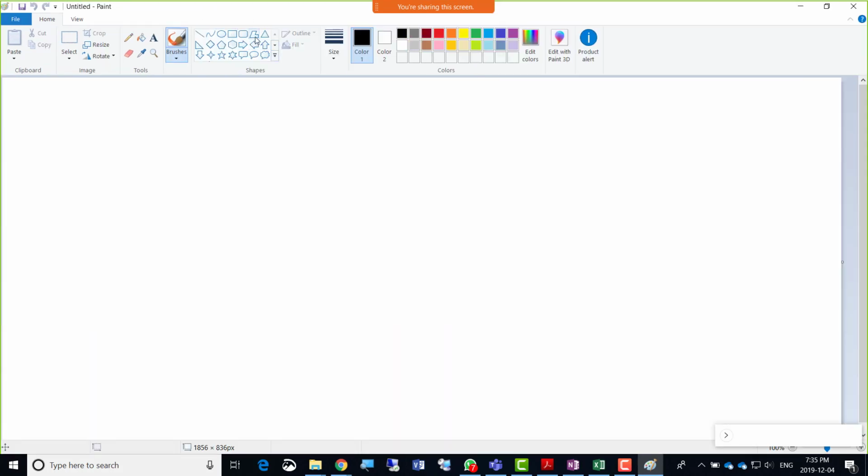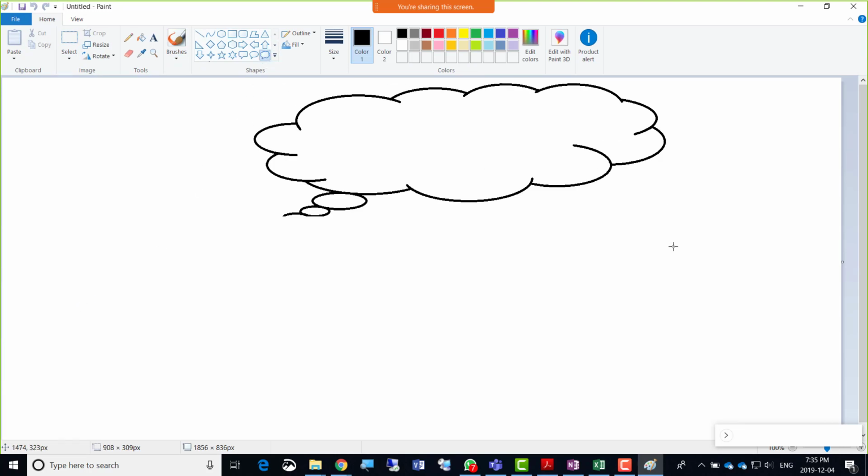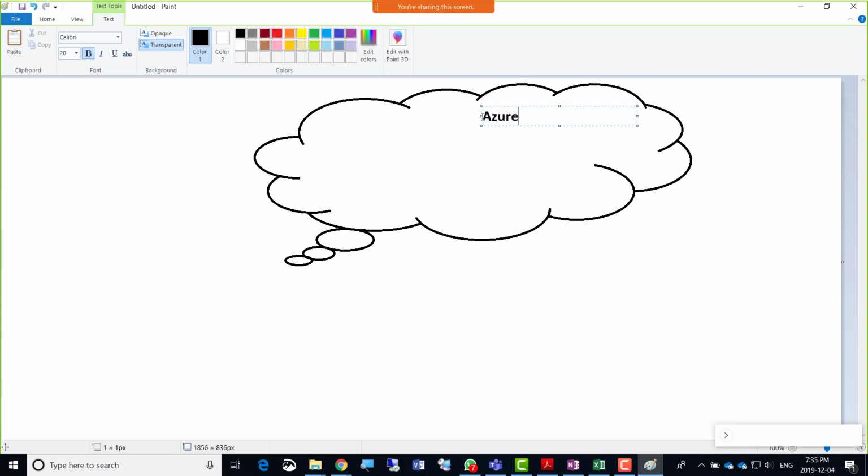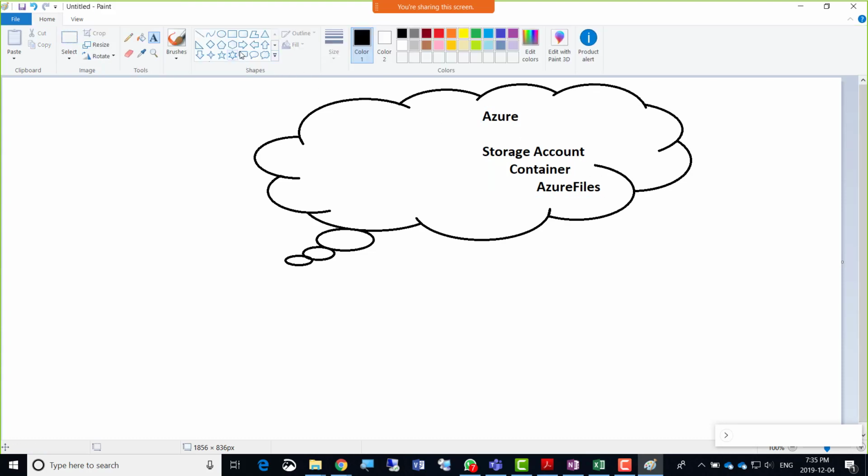So there is your Azure, and in the Azure you have the storage account, and you need to create a container that has the Azure Files service, right? So this Azure Files container will be mapped to a virtual machine.